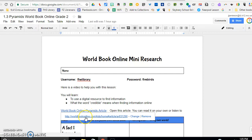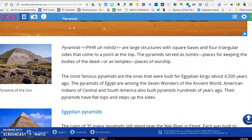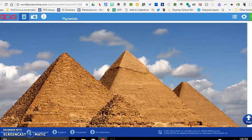So we're going to click right here on this link. Notice that it pops down underneath it, and that is the part you click on. And I am not having to enter that username and password because I've already been on it with my computer, but you probably will the first time. So just remember that. All right, so one thing I want you to look at is this is called World Book Kids. That's the name of this resource. And if you scroll down past the big picture, you get a lot of text there. So it's a little bit of a long article. I want you to try to read it the best you can,